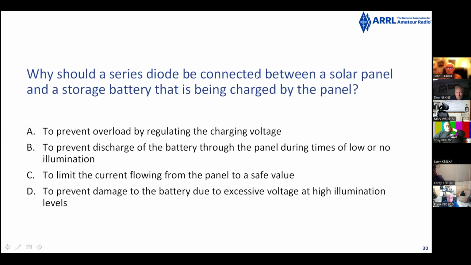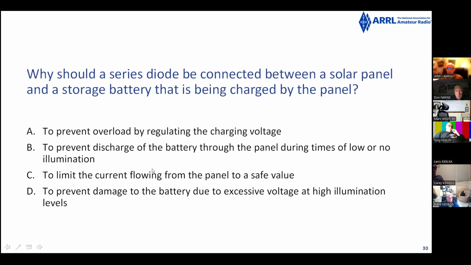Why should a series diode be connected between a solar panel and the solar storage battery that is being charged by the panel? To prevent overload by regulating the charging voltage, to prevent discharge of the battery through the panel during times of low or no illumination, to limit the current flowing from the panel to a safe value. I guess you'd blow out the diode or something. To prevent damage to the battery due to excessive voltage at high illumination levels. Well, that'd be a good idea, but the